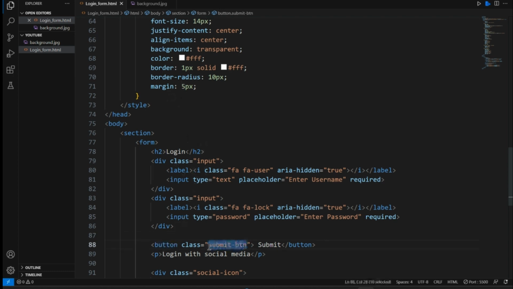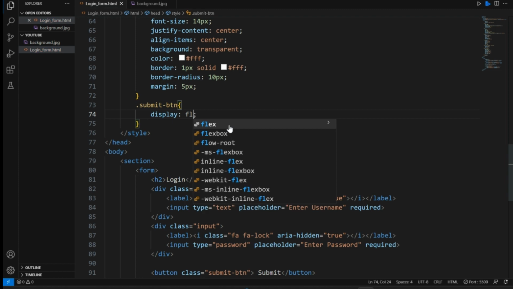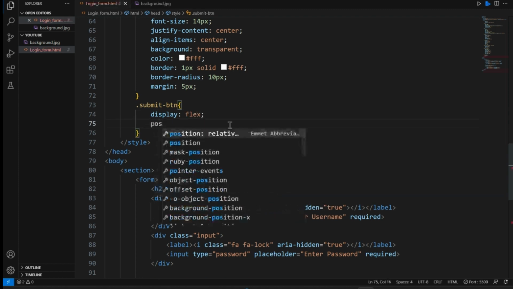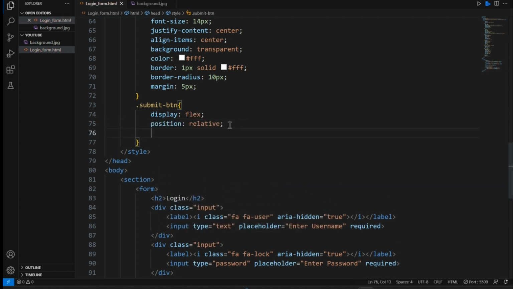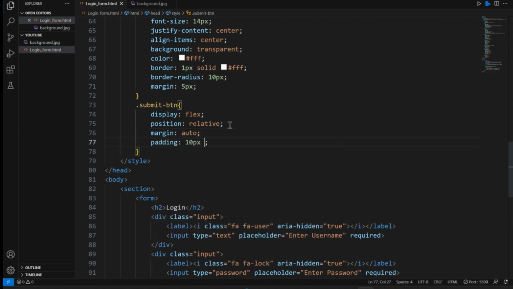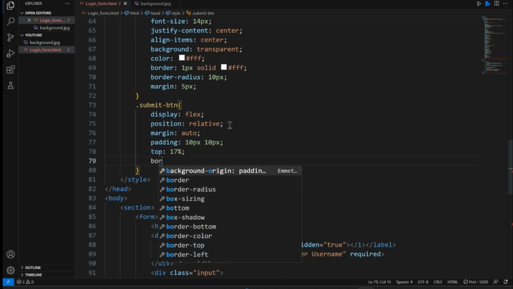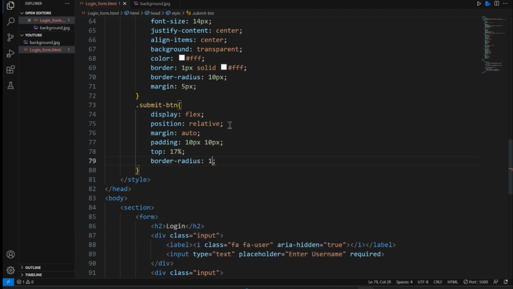Copy this class name and paste it here and give the CSS as display flex, position relative, margin auto, padding will be 10 pixel, 10 pixel from top, 17%, border radius will be 10 pixel,